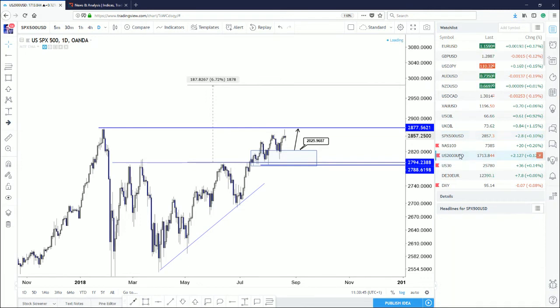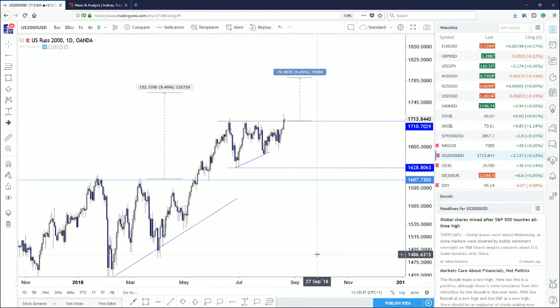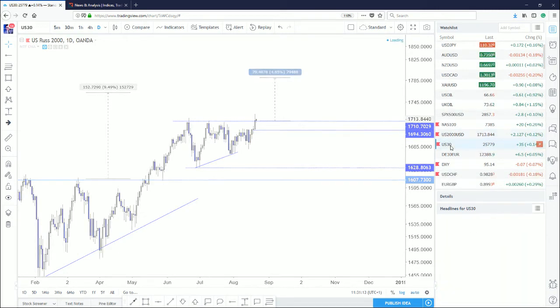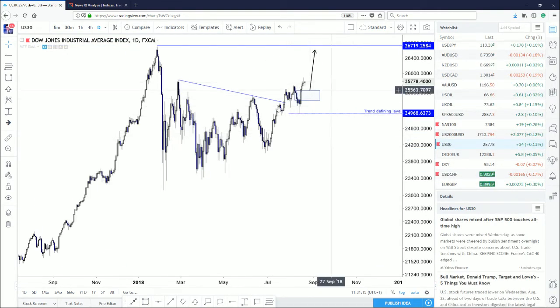Yesterday, you had a nice break in the Russell 2000, which is really my preferred market right now of all the stock markets. This is an ascending triangle. We just took out this high yesterday. I know that the situation with Donald Trump and Michael Cohen caused the market to plummet a bit or decline a bit. But I would argue that as long as you trade above yesterday's low, this market is heading towards 1286 or 1786, and this is really my preferred market. You do have as well the Dow Jones that we talked about in the past, a bit choppy, but overall, stock market is heading to the upside. I think that makes perfect sense.